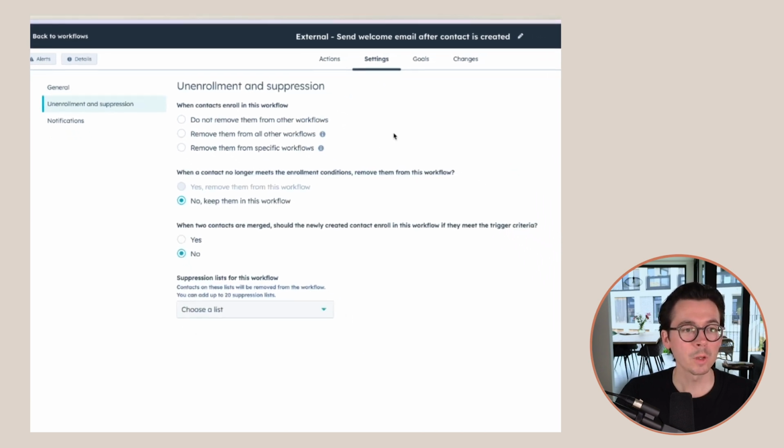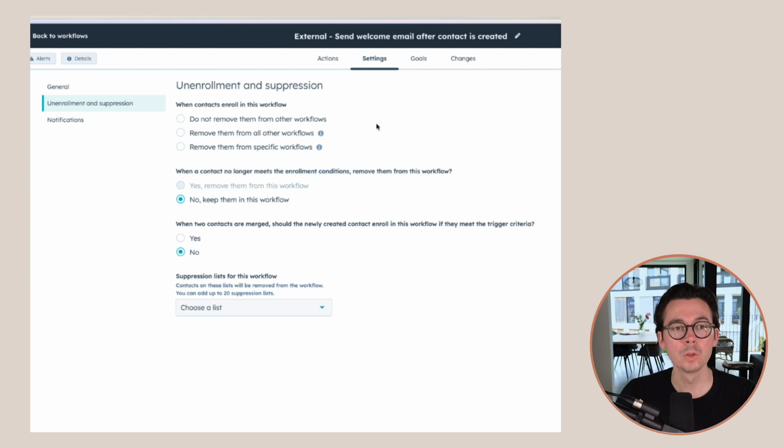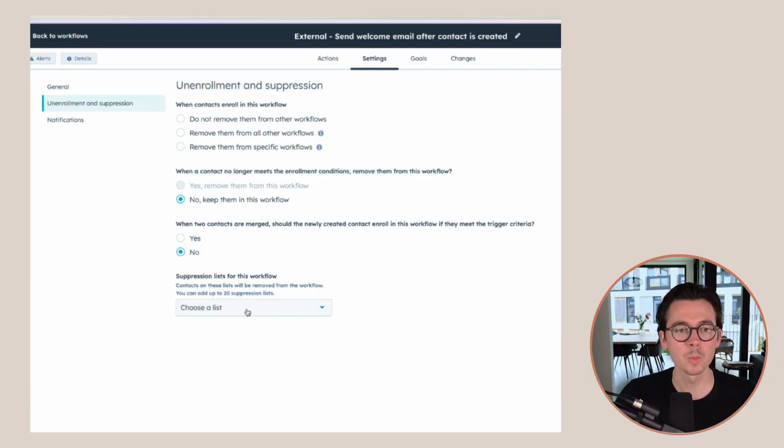Then for unenrollment, we can choose to remove people from other workflows if they are enrolled in this one. Usually you do not need any of these. When two contacts are merged, the newly created contact should probably not enroll because usually they already enrolled when they first became a contact. And then you can also add a suppression list if there's any contacts you want to